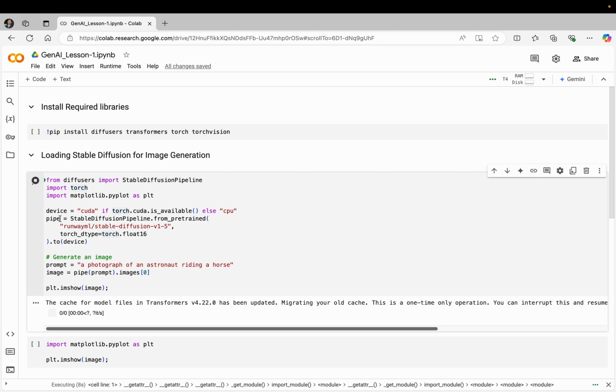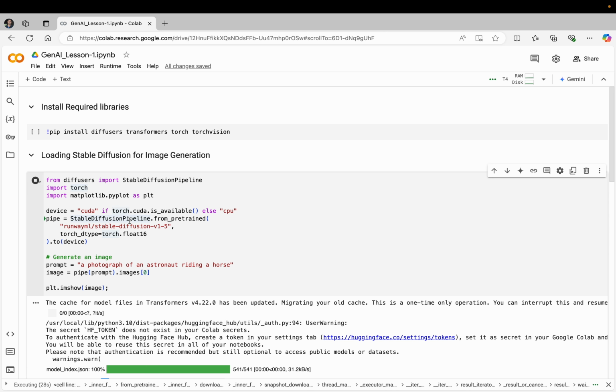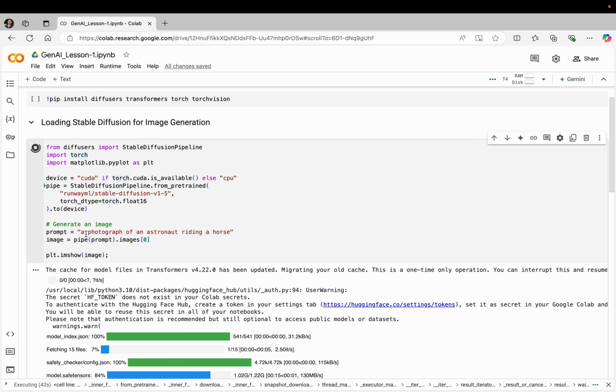Once you have the pipe set up here, you just need to call the Stable Diffusion pipeline. A pipeline is nothing but a workflow, and most of the steps that you will need are taken care of by pipelines. We will look at pipelines in detail in later lessons. Here the purpose is just to give you a feel of how good these generations can be. You just need to create a pipeline. You set the device to CUDA if you have one, otherwise CPU. And then you just give a prompt in natural language like a photograph of an astronaut riding a horse. And then based on the result,